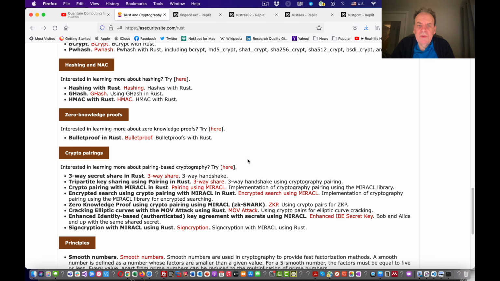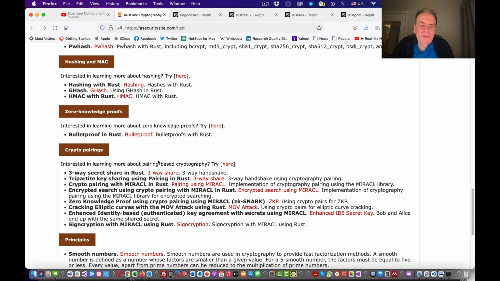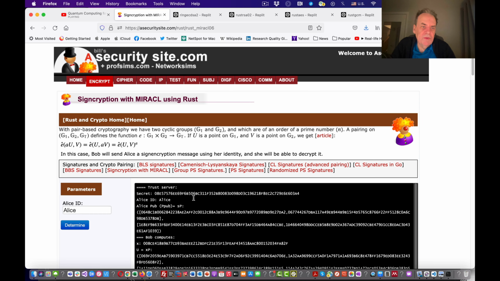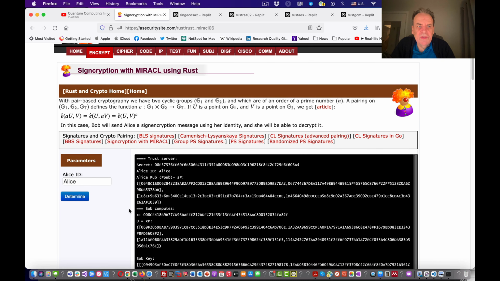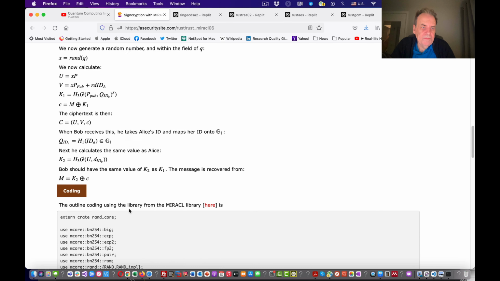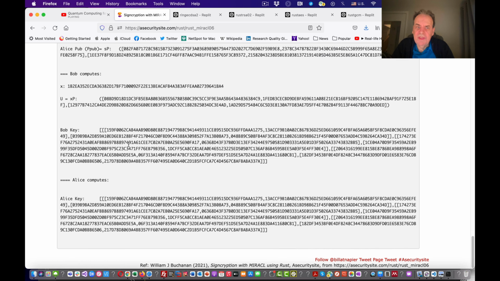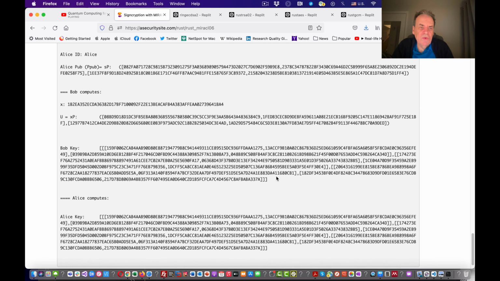Okay, some of the other ones that we've got in there are some more complex ones to do with crypto pairing. What I've done is integrate some of the Miracle code for crypto pairing. This one relates to Signcryption. Again, the great thing is that it's fairly easy for us to integrate our libraries, in this case from MCore, which is the Miracle libraries, and then use this inside the code.